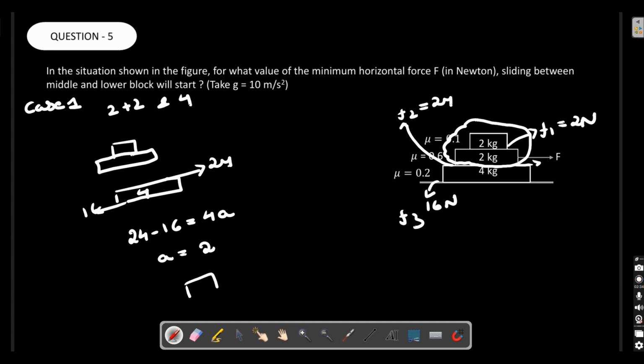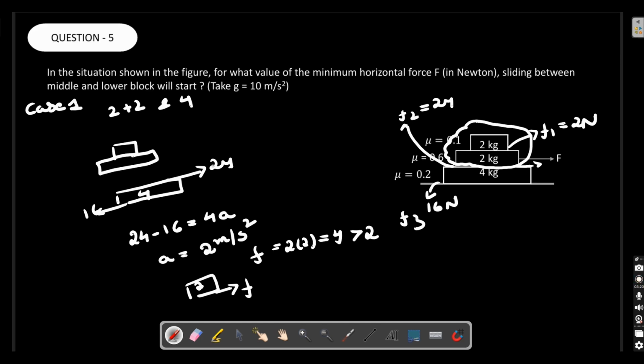Now consider this 2 kg system. Now here you will have friction force, F. That F will be equal to, I am considering this particular case, 2 into 2, which is equal to 4, right? Small block. I am considering the small block because I'm coming to this system. They travel together with a common acceleration of 2. 4 is greater than 2. So this condition failed. So what is the condition left? This block will travel with some different acceleration, and this one with some different acceleration.